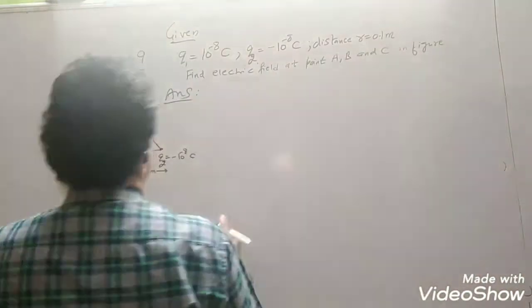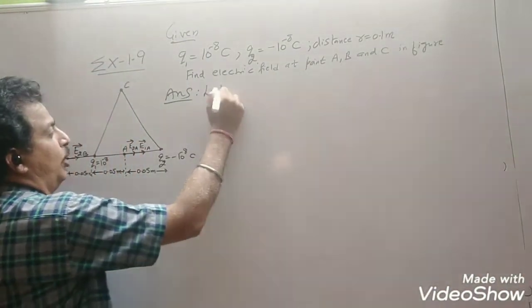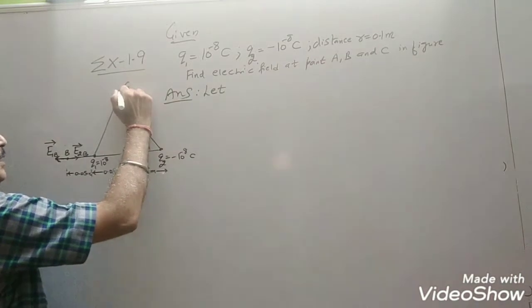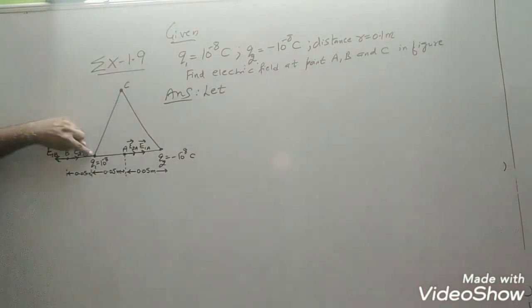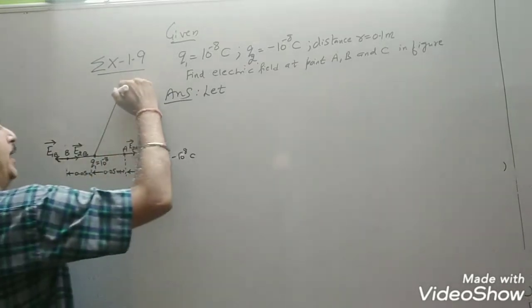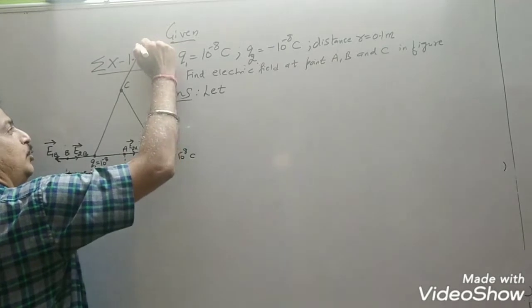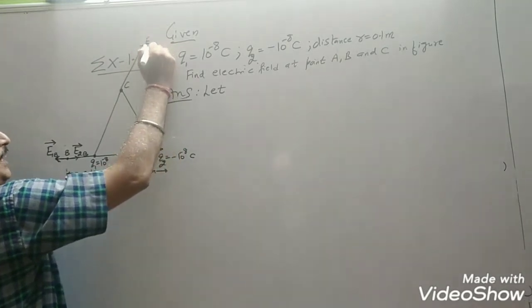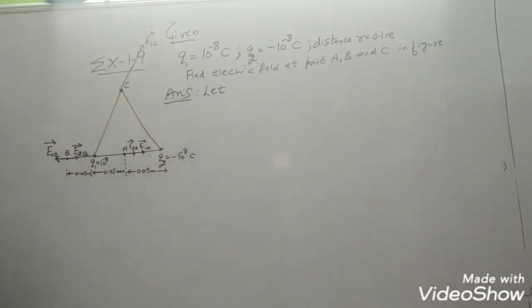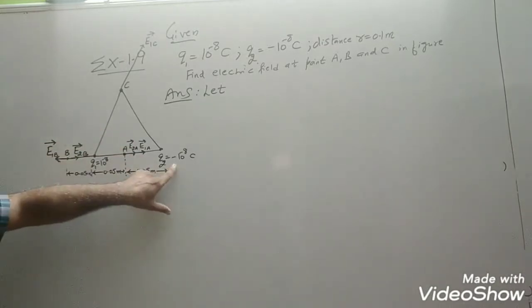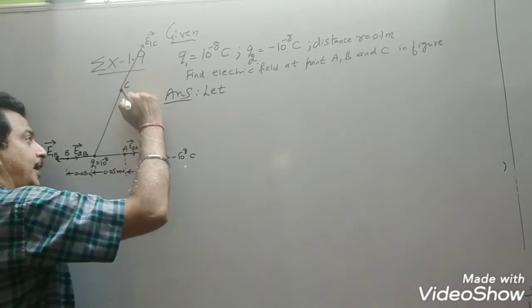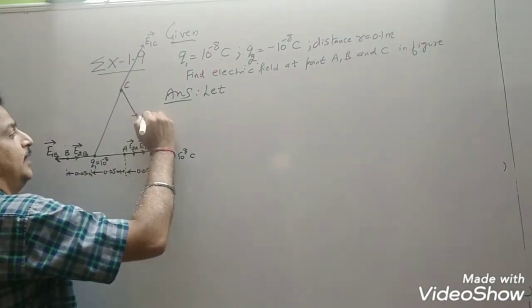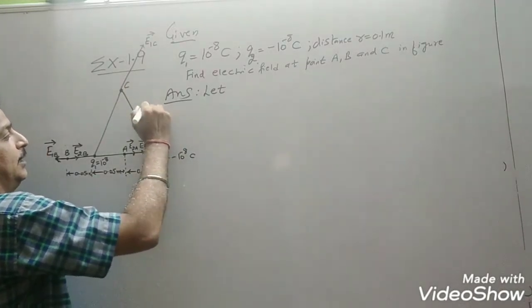Now again writing the same theory, changing the symbol. Now let us first see the diagram. The plus unit positive charge is placed at C. So this source Q1 is plus, it will repel the unit positive charge. Let us name it E1C. And the source Q2 is negative, so the test charge will be attracted. So let us name it E2C.